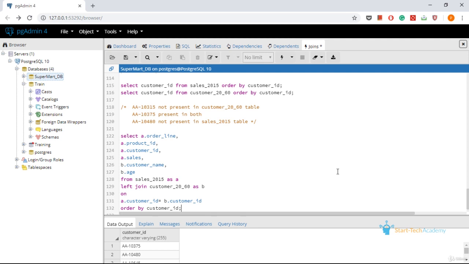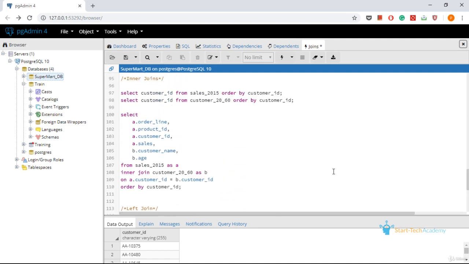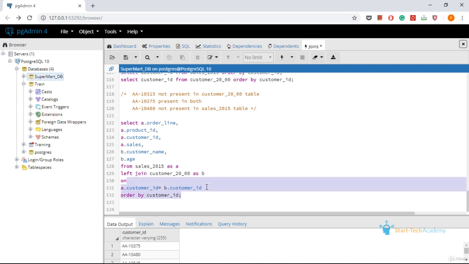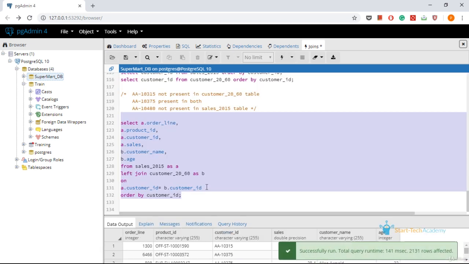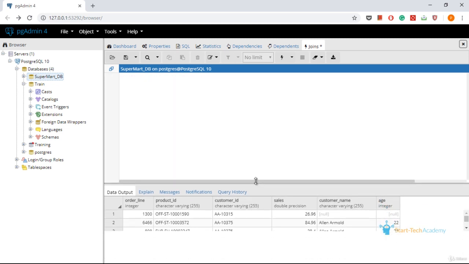So if you scroll up, you can see that it is exactly same as the one written for inner join, just that the join is now left instead of inner. Let's select this query and run it. So you can see these are the values that we got.